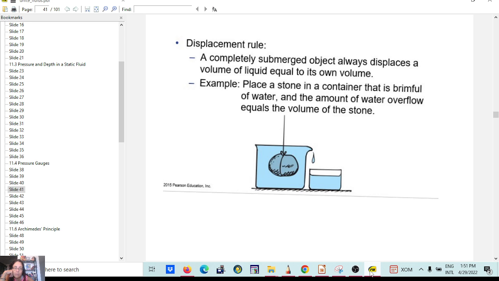So today we're gonna cover buoyancy and Archimedes principle. Lots of application in mechanical engineering, for example. So anyway, the first thing you want to understand is that, let's say you have a